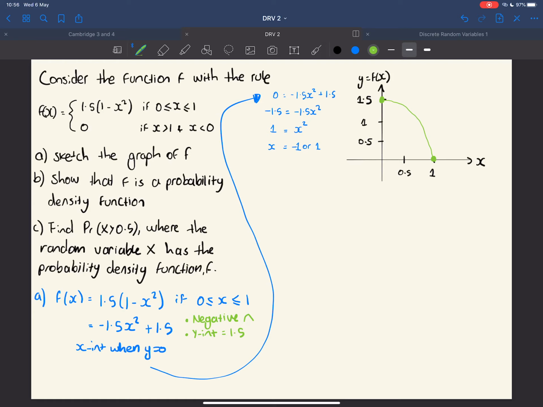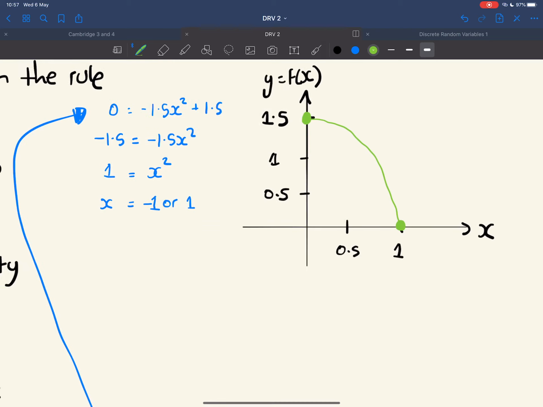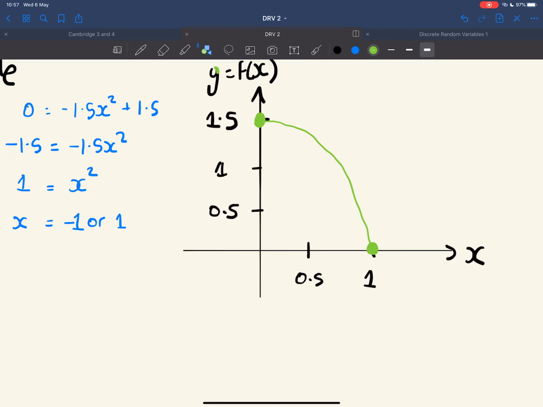So now we can see that we've already covered this part of the function, right? In between 0 and 1, we've got that shape, okay? Done. But now we just need to consider the idea that we've got to take care of this part here, okay? So basically anything greater than 1 is a 0, and anything less than 0 is also a 0. And we're going to use a nice thick line to show the reader that we know this. So, straight line, 0,